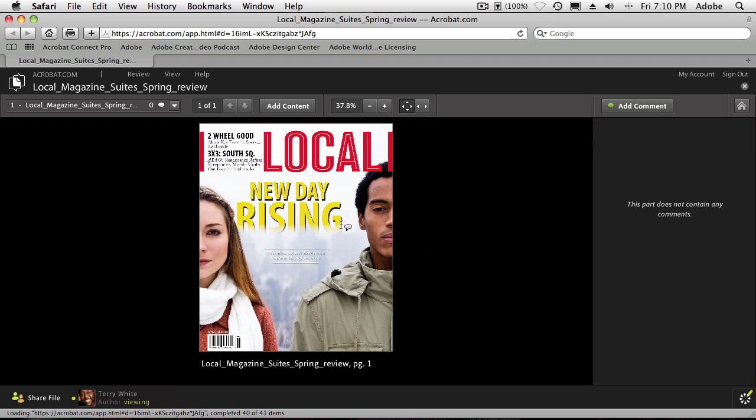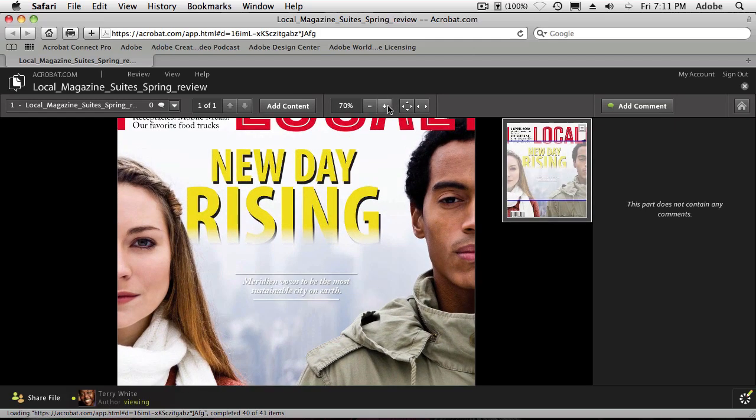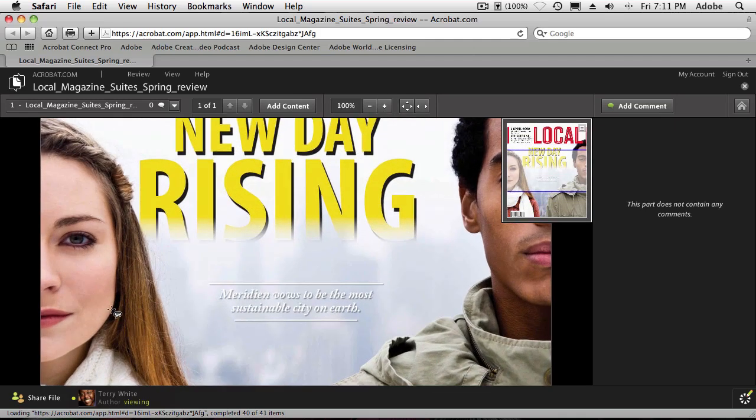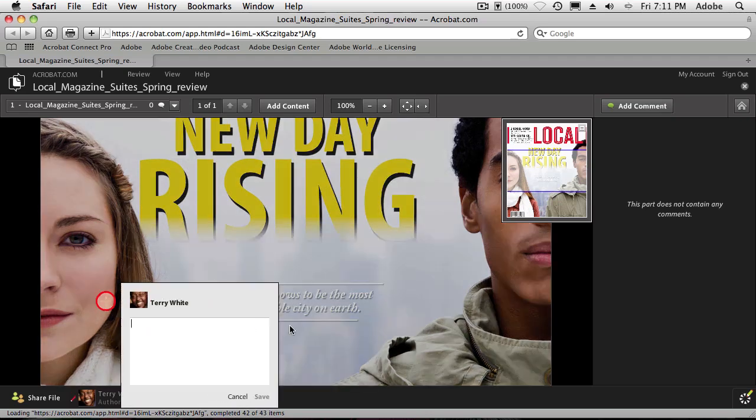So now they would basically get a link that takes them to this document, and from here in their browser, they would be able to add their feedback to the review. So for example, let's say that I wanted to add in, or let's zoom in actually, we can do that. We can zoom into the parts of this, and we can go ahead and click, and we can say, hey,